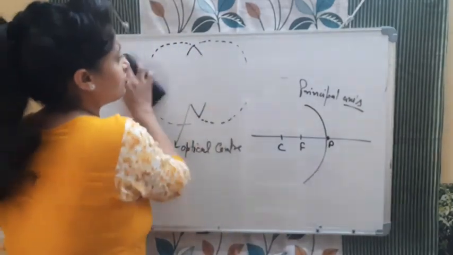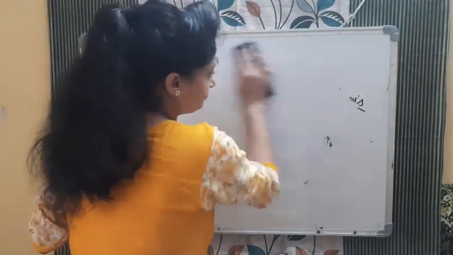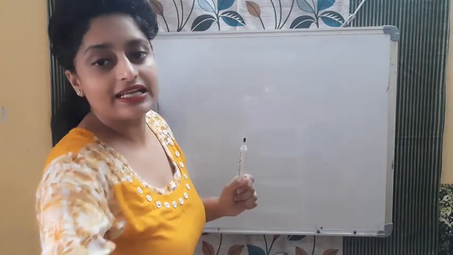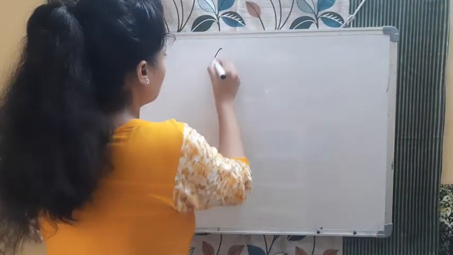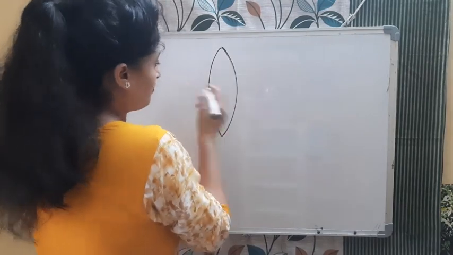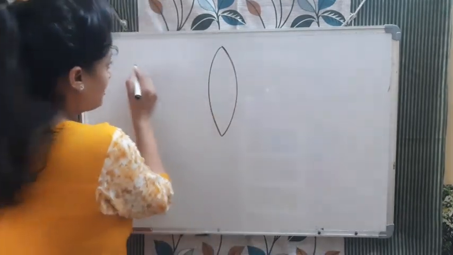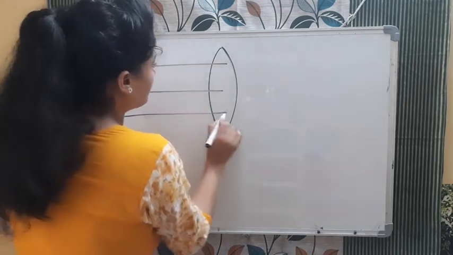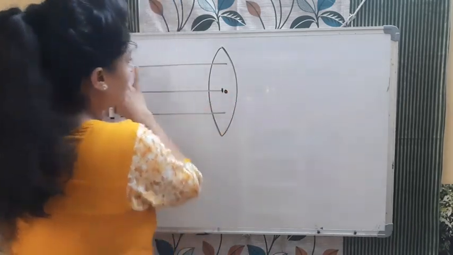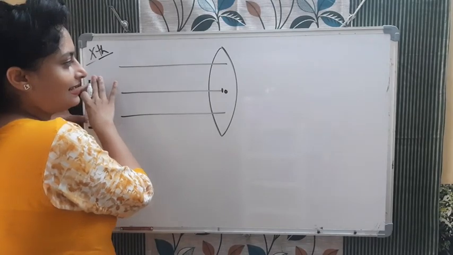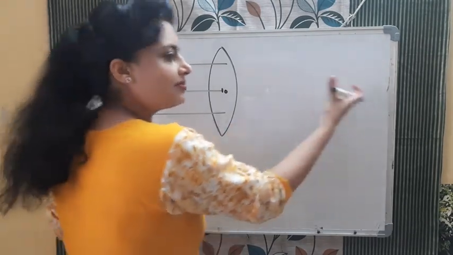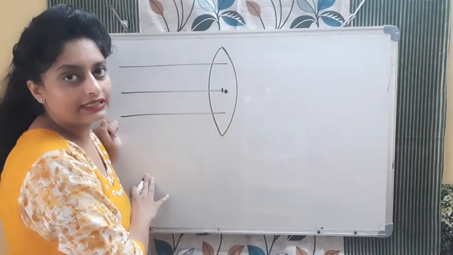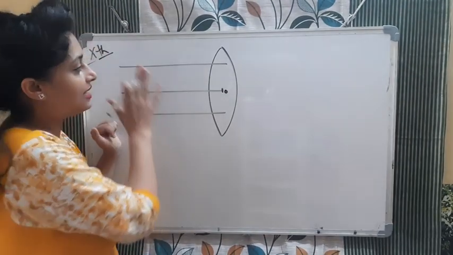If it is in case of the concave, then also see, and where will the focus be? Where all the rays are meeting. For example, let's talk about the convex now. If we are finding the focus of this convex lens, and I am considering that the rays of light are coming, this is all, from left to right. Objects are this side in left. In this case, the object may be on this side also. Questions can come from both sides, but we will consider from the left only.